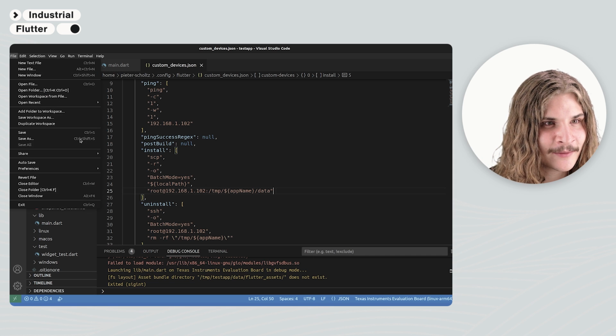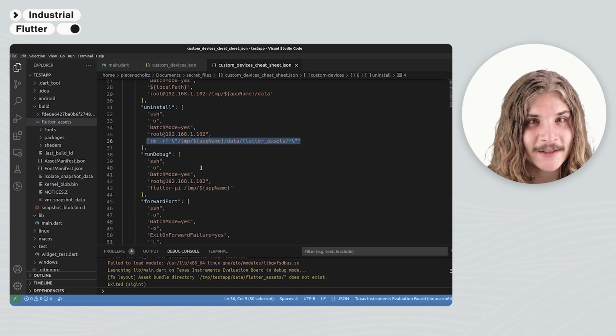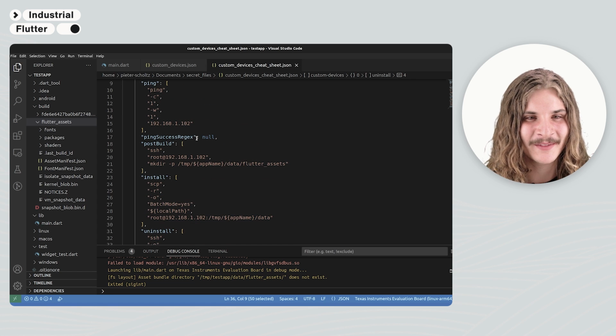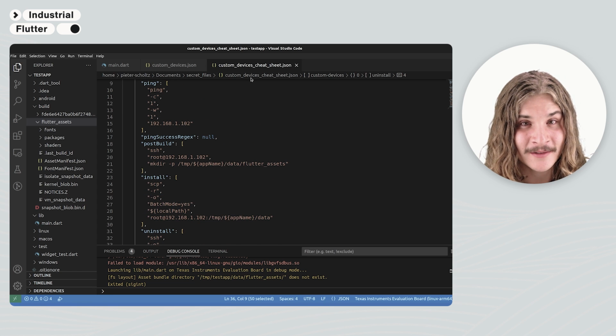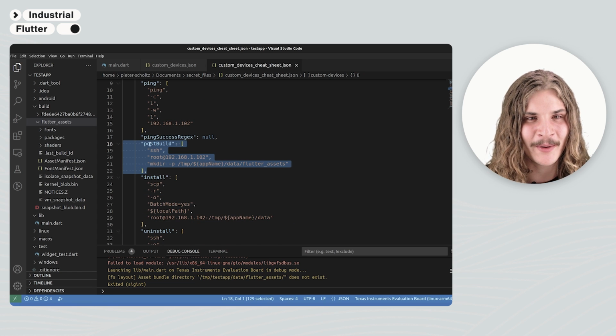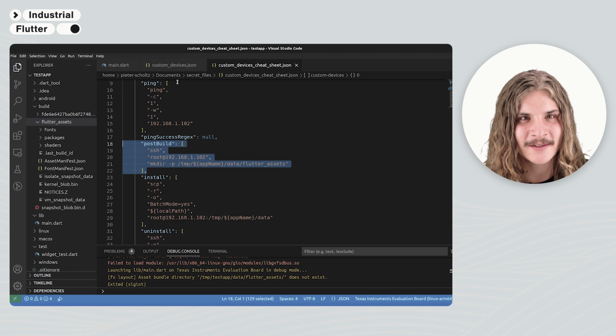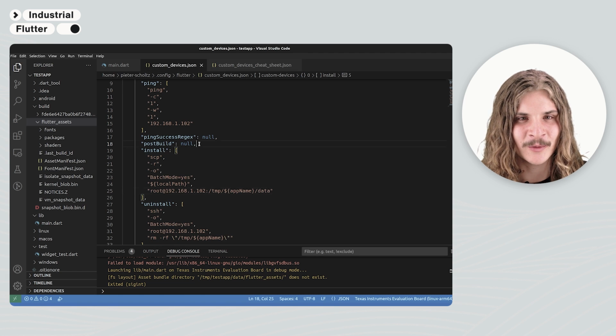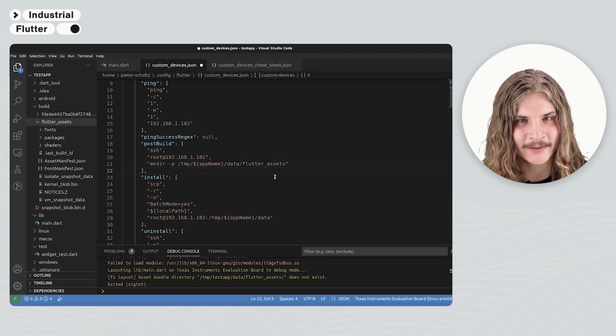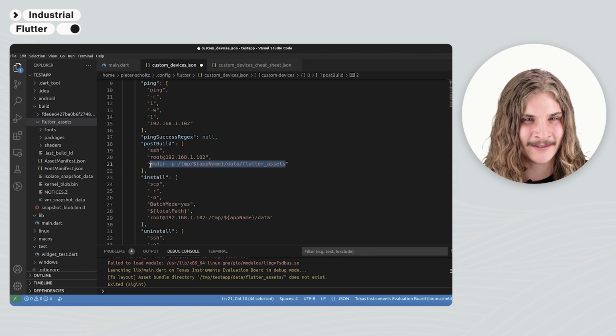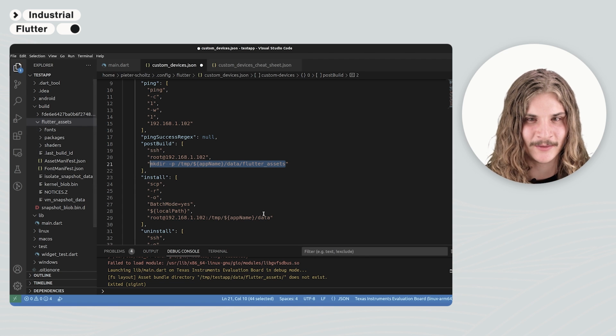But I do have a cheat sheet here. Flutter does have this option of a post build command, which we can just use to create a directory. Obviously, we have to create this directory, and then we're going to be copying this into here.